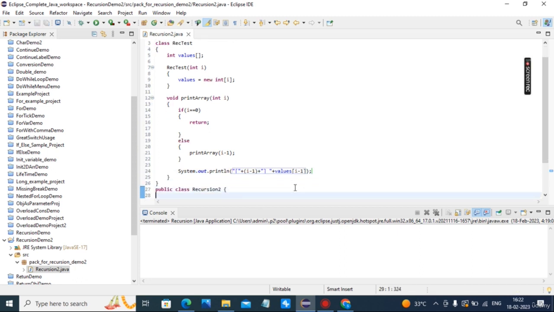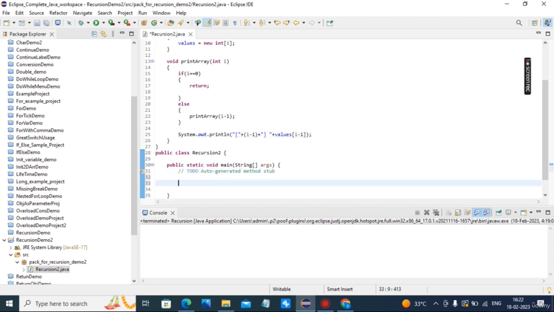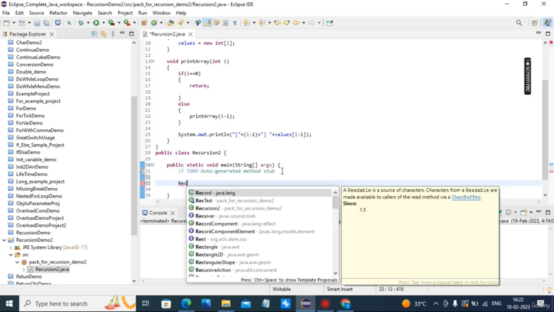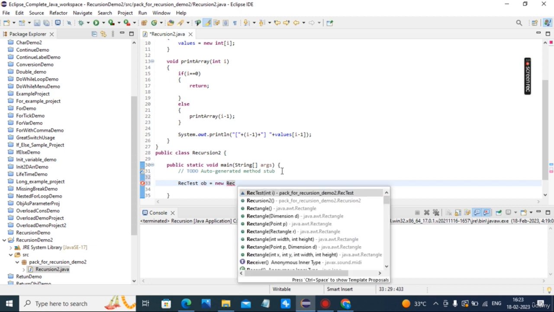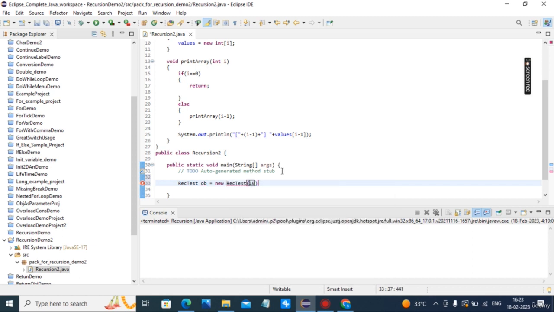Now I create the object of this class in the main function. Recursive test object is new recursive test for that values.